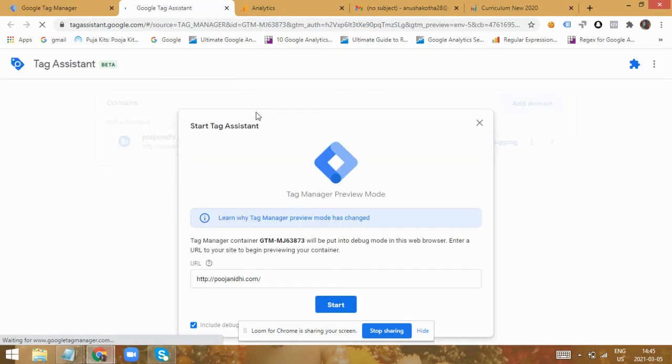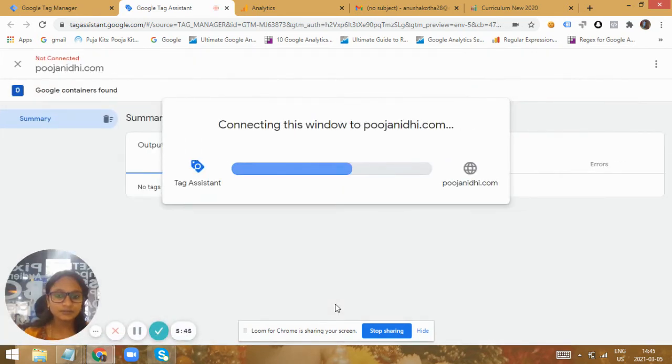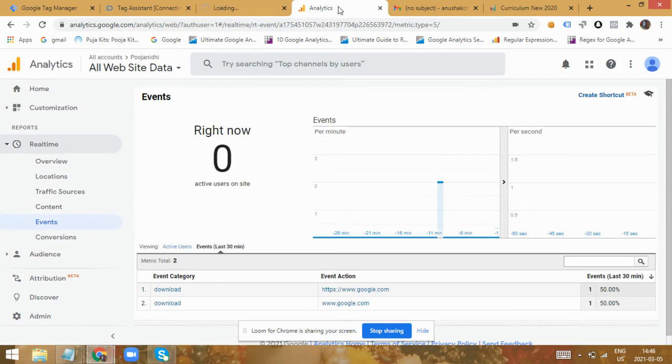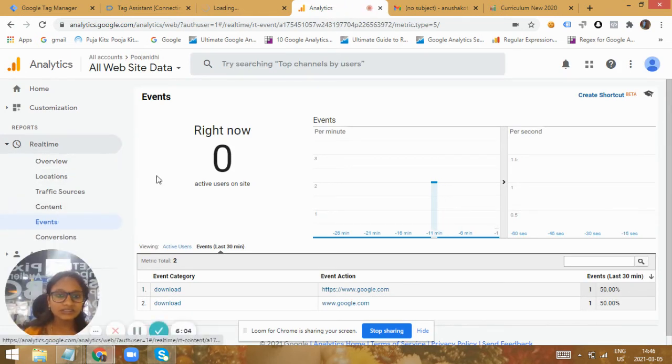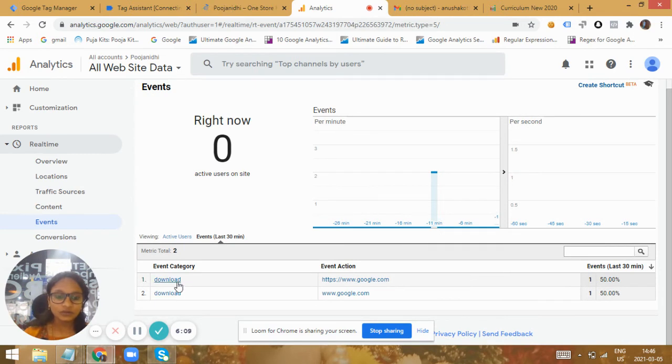So if you can see, I have implemented this on one of the particular site called Kojanidhi. So I will be taking users to an intermediate page where then the user would be tracked and then redirected to the actual download page. So all these events that you are tracking would be present in the real time. You can check them in the real time reports. Like this, you can identify the download and also the page that they are being taken to.